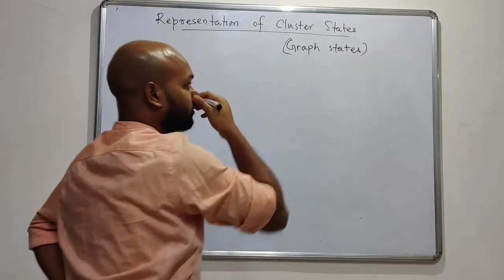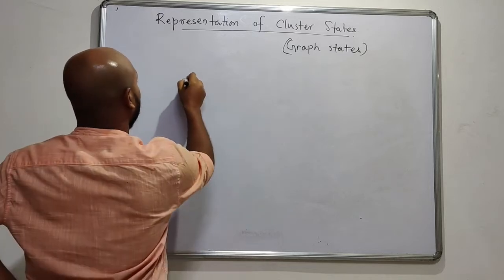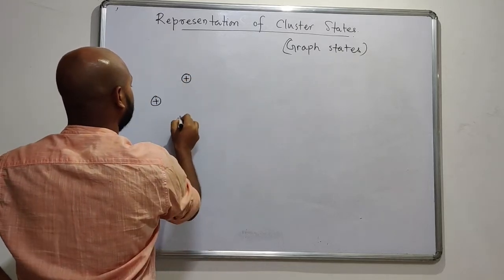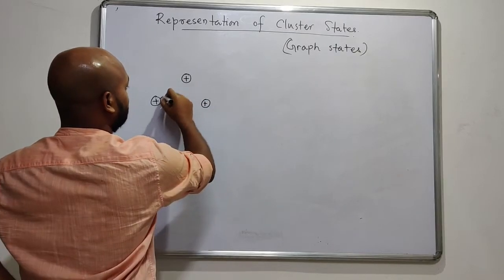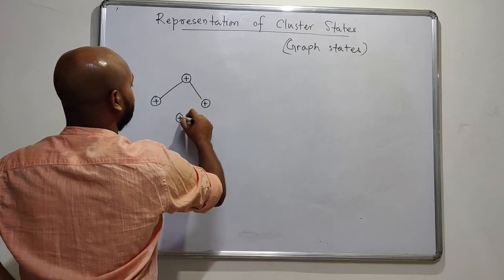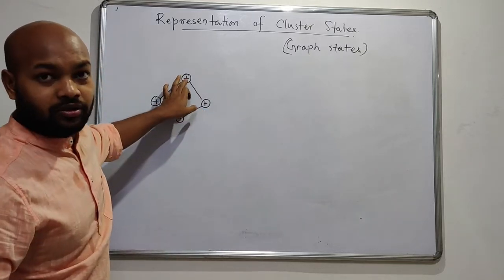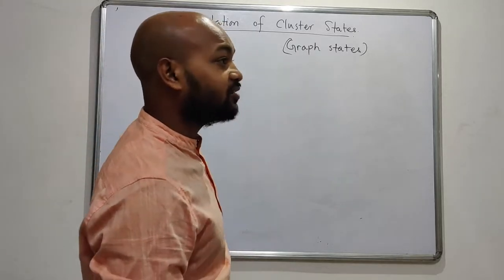Now, what are graph states? As I mentioned in the last lecture, I have a plus state, then a plus state, then a plus state, then a plus state, and they are linked this way. This plus could be some other state as well. So graph states are basically